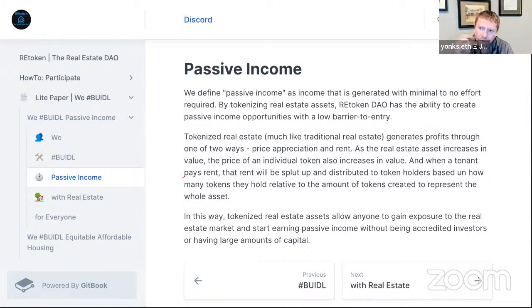So the people that acquire the security tokens, the passive income opportunity is through the income that the token provides, whether it's called dividends or rent or superfluid streams or residency,